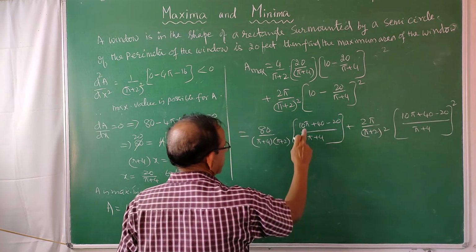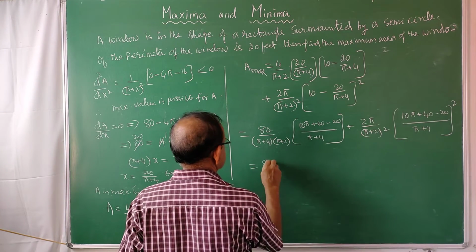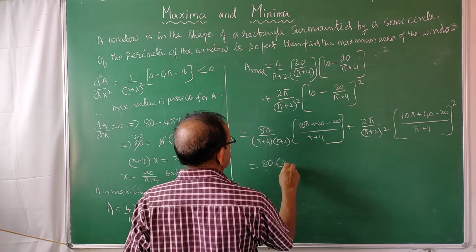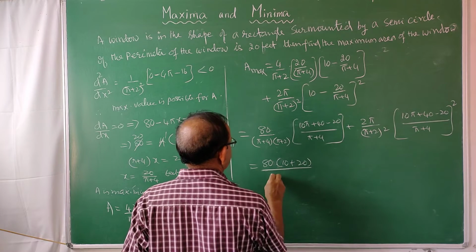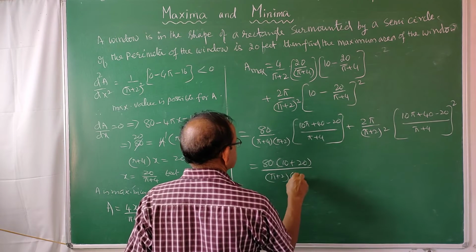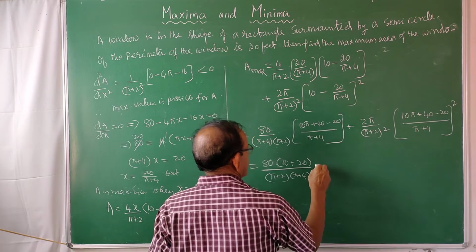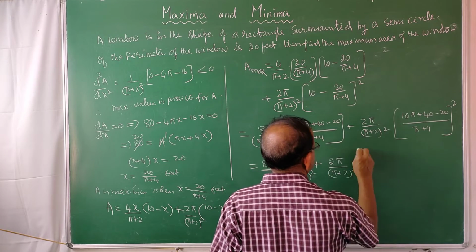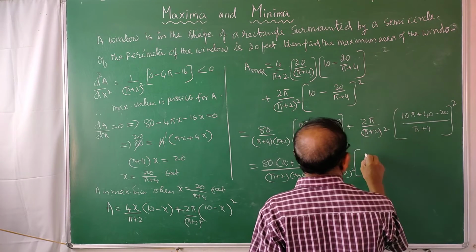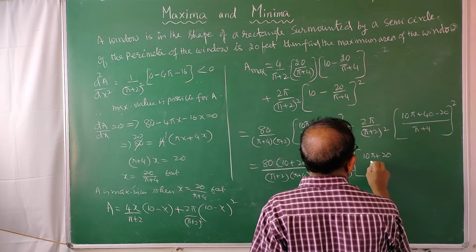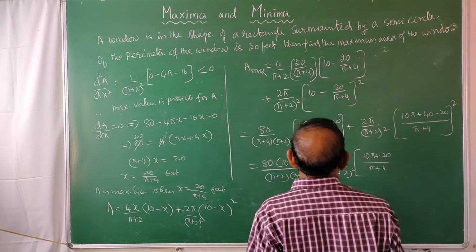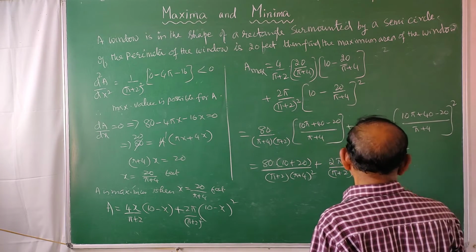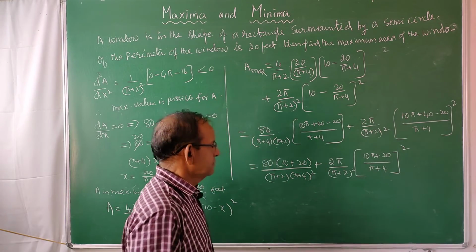This is 10 pi plus 20, 80 into 10 pi plus 20 by pi plus 2 into pi plus 4 whole square, plus 2 pi by pi plus 2 whole square. This is 10 pi plus 20 by pi plus 4 whole square, equal to